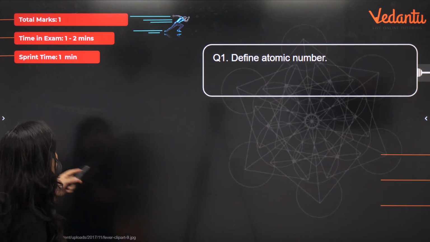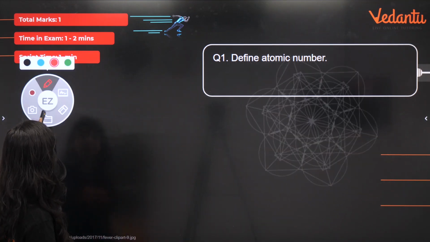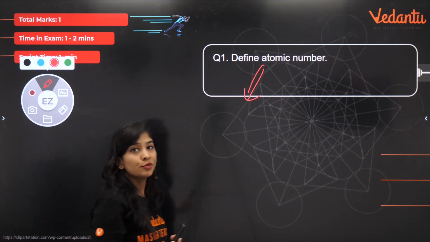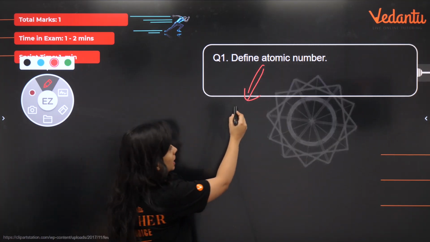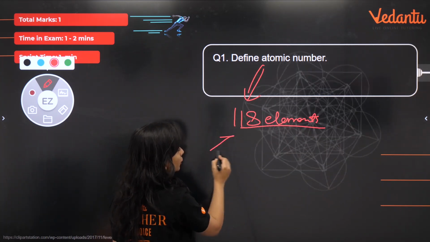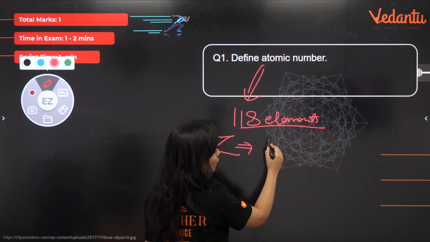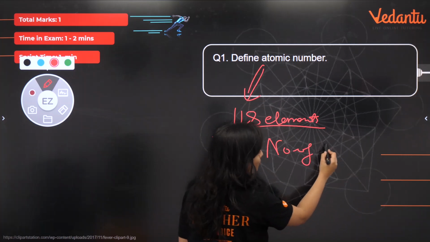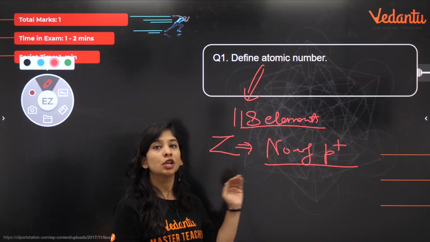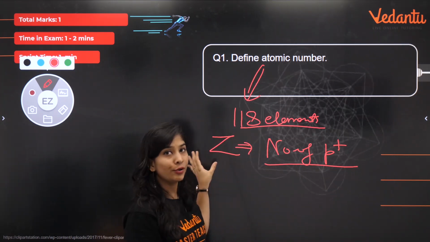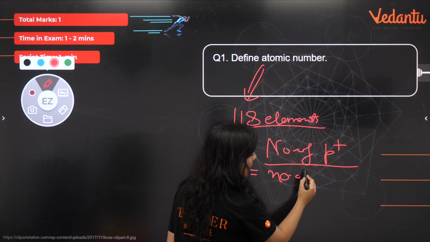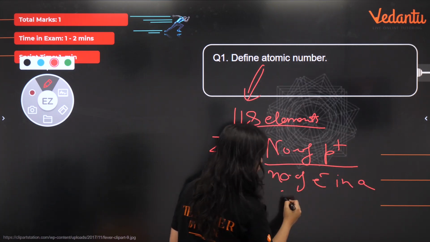Question kya hai? Let's read out. Question is: define atomic number. So let's do that. Atomic number kya hai basically, bacha log? Atomic number in terms of elements, we use it. We have 118 elements, and all the elements have different atomic numbers, which is also represented by Z, and it represents the number of protons, which is the fundamental property of each and every element, which cannot be changed. So atomic number we represent by Z, and it represents the number of protons as well as the number of electrons in a neutral atom.